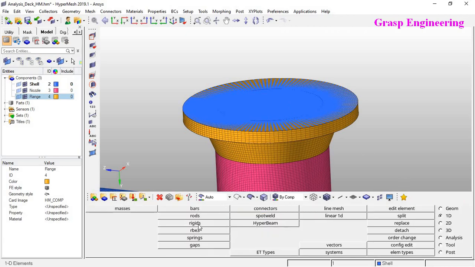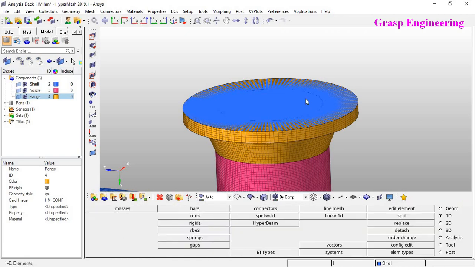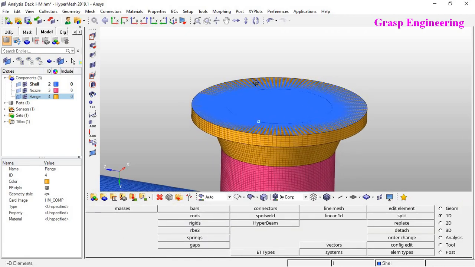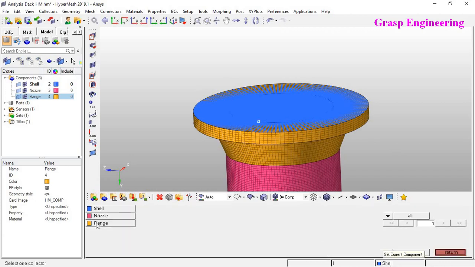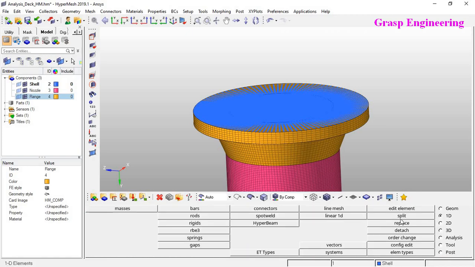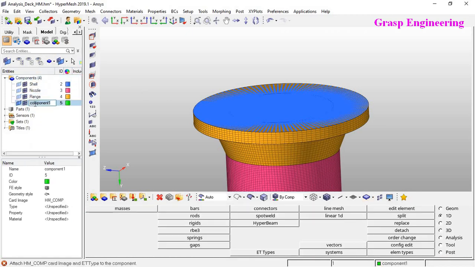You can see here RB3 or RB2 basically. But at present let's create the series, and as you know, these series are created in a shell element. This is our current component, but we want a different component for that. So right click, create, and here you can define widgets.